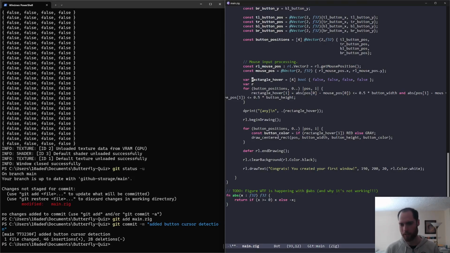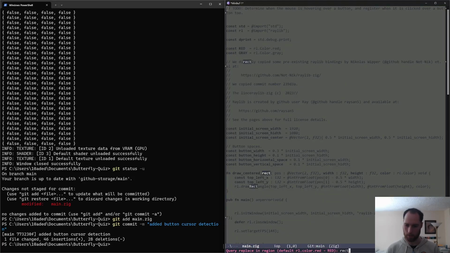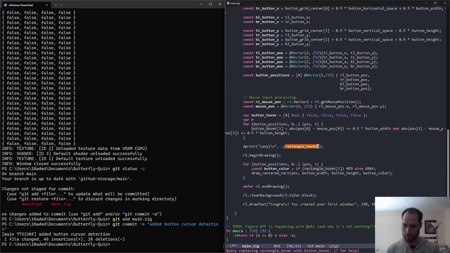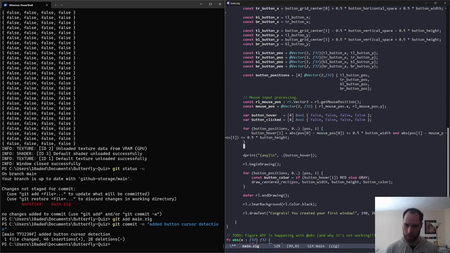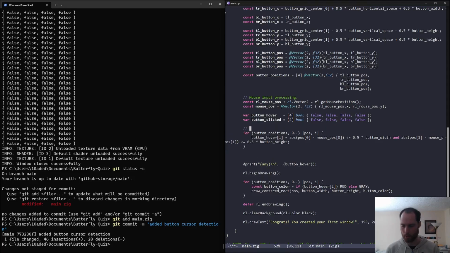Look, instead of rectangle hover, it should really be like button hover actually. So let's just change that. Okay. And then button clicked. I call it that. And it's not really calculated, it's more like